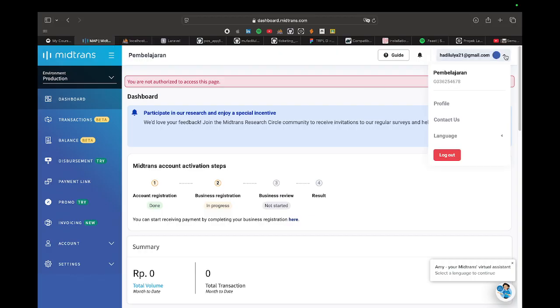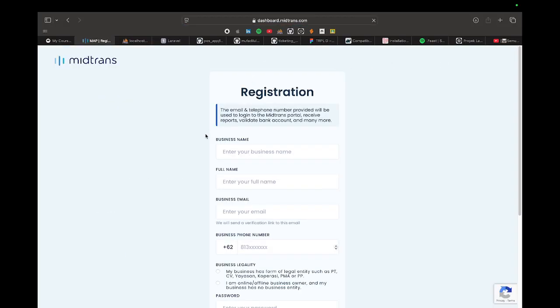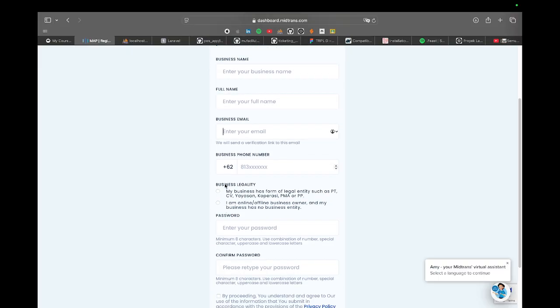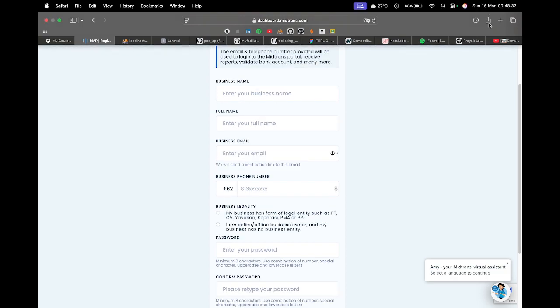When you don't have an account, you can sign up and register your business name, like Raja Ongkir. Enter your company or business name, just like me, just tutorial, and your full name, your business name, and your phone number. This is for the legality of your business. Enter your password and confirm it.